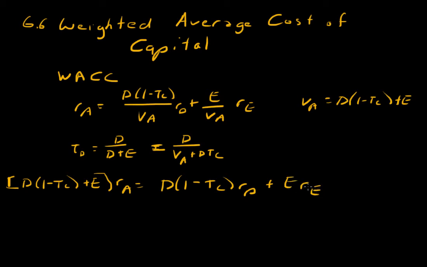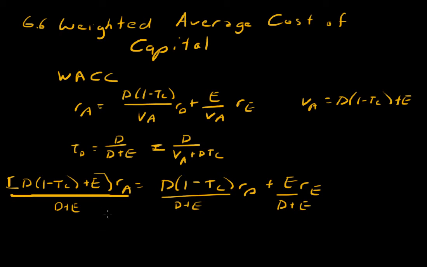Okay. Now what do we want to do? We'll now divide both sides by the value of the firm. So the value of the firm is D plus E, and so I'll just do this in the same line. Wait for it. This is going to be quite a bit of build up here, but we're essentially going to be doing a lot of algebra to get a form of the function that we can get some more intuition. Okay, so we've divided by the value of the firm,